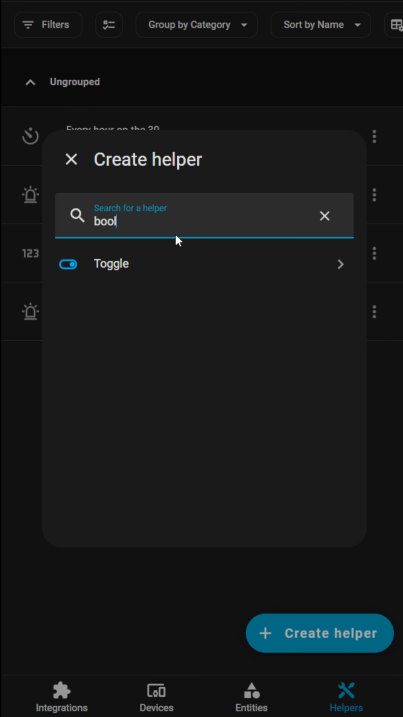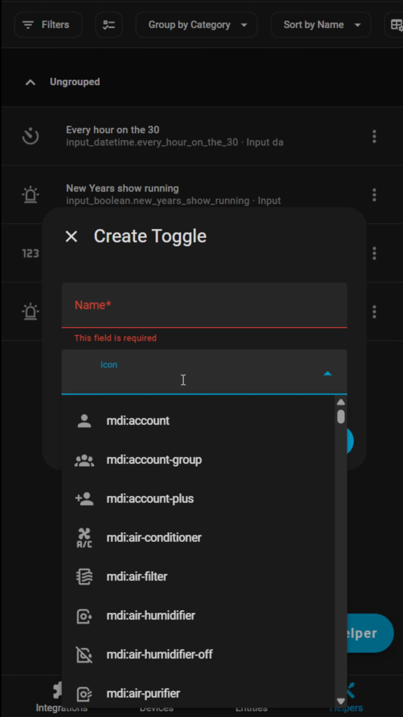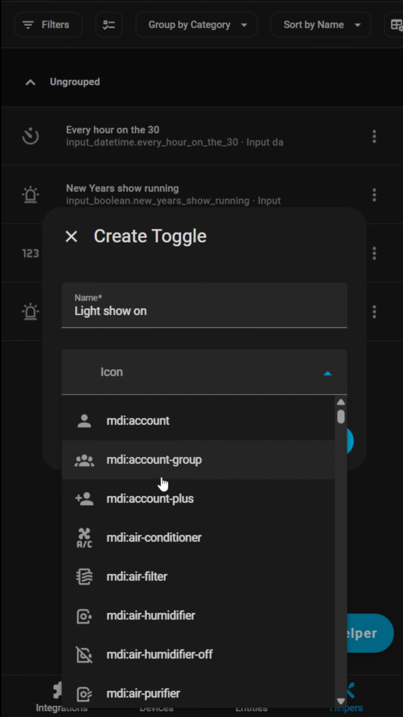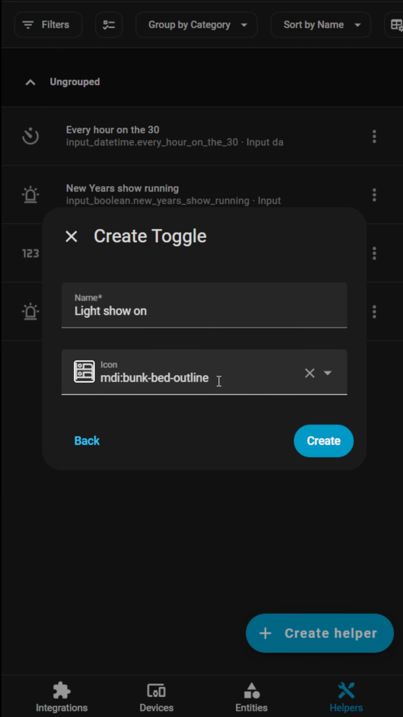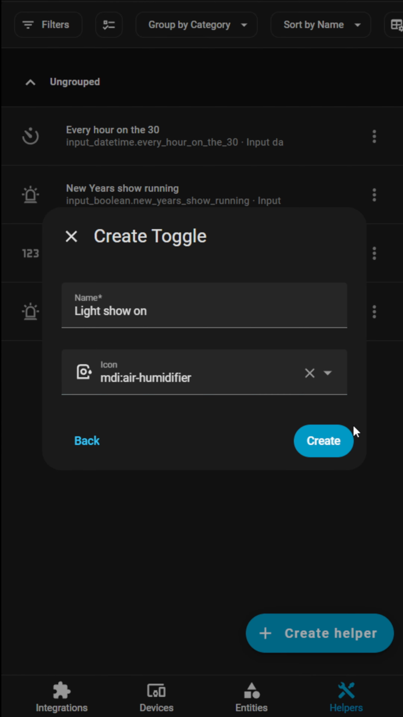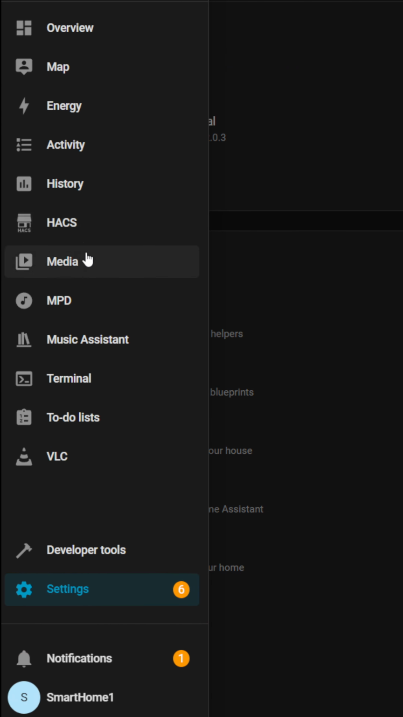If you just search, it's going to be a toggle, I guess, and we'll call it light show on, and then you can just kind of pick an icon. I'll just do, I don't know, it doesn't really matter, so I'll just do that one and then hit create. Okay, so you can see now I have this input boolean light show on, and what I did is under my automation,